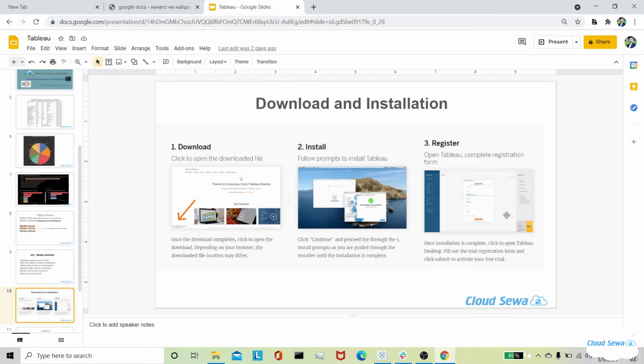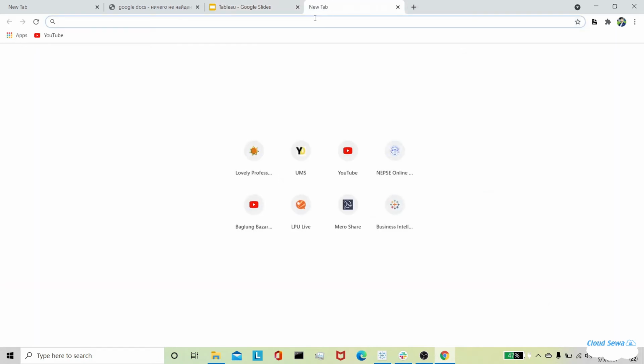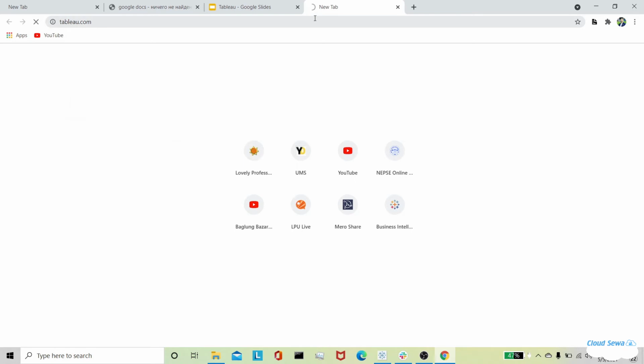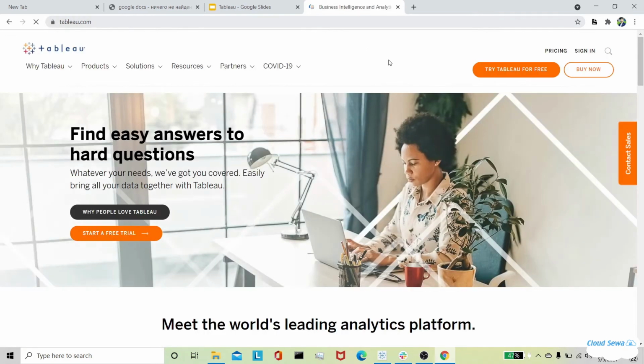Now we are going to discuss the downloading and installing process of Tableau Desktop. For this, go to the browser and search tableau.com. Here we can see there are two options: try Tableau for free and buy now.